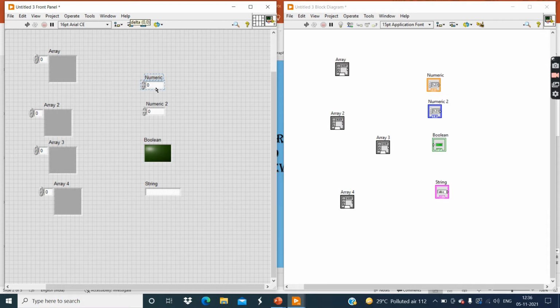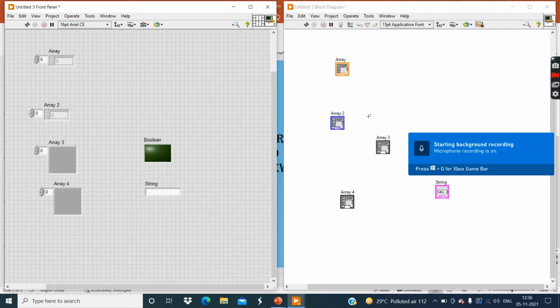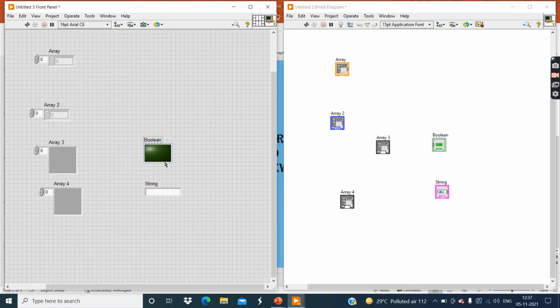This is the numeric double data type, put here. Now the color of the array is what? Double. Sorry, this was the double data type. Numeric 2 is the integer data type, so put it here in the second array. Now you can see the color of array 2, the color of array 3 is green, and the color of array 4 is pink for string.